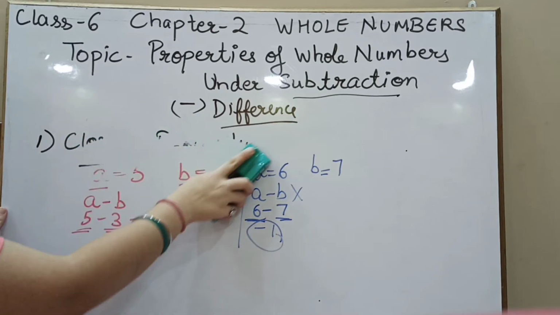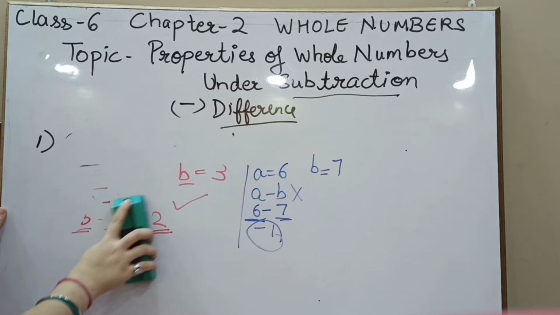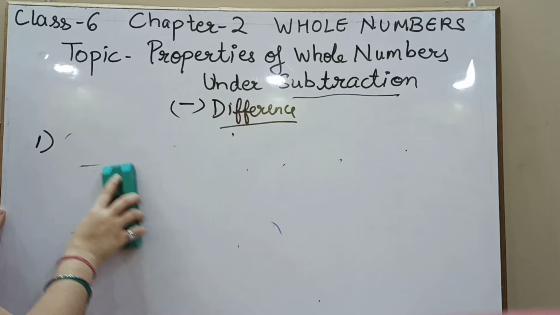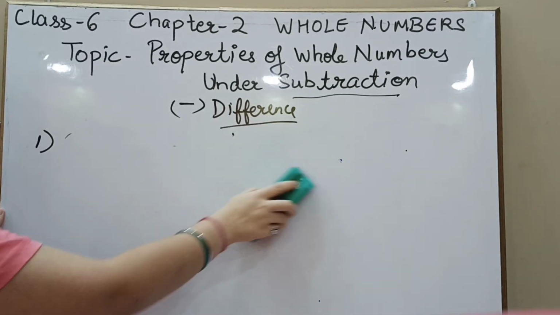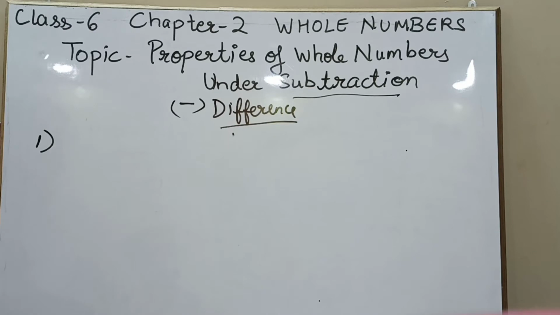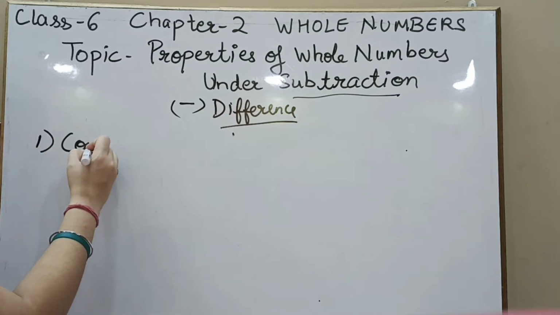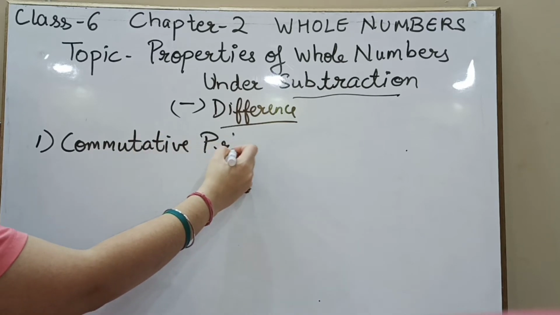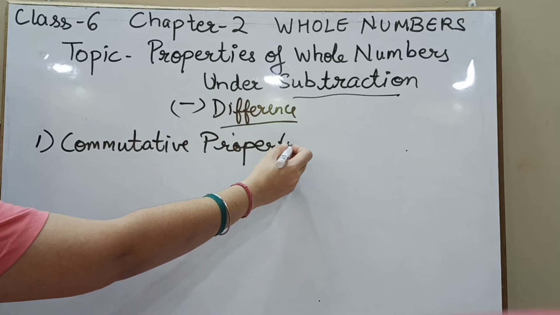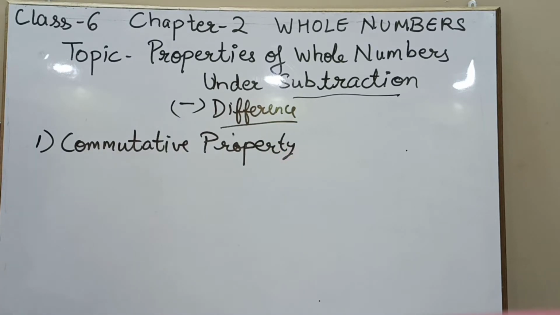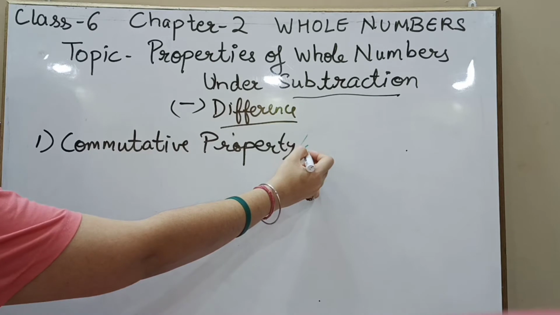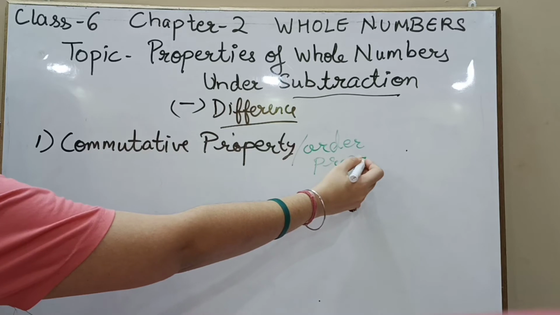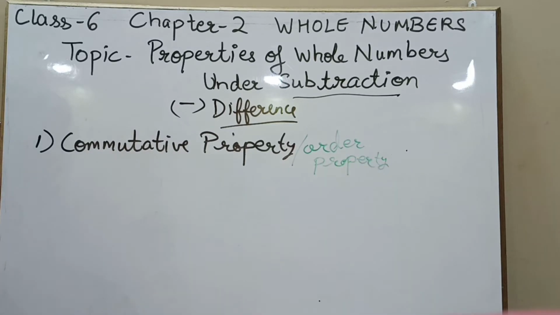Now let's move to the next property. The next property is by the same name that we have done in addition. The name given to the next property was commutative property. I told you commutative, commute एक जगह से दूसरी जगह पे. So commutative property under subtraction, let's check it out. Now this commutative property, we are going to deal with two numbers here also, which is also known by the name of, if you remember this name, order property. Remember, I told you in the previous video also, you have done it by this name, order property.